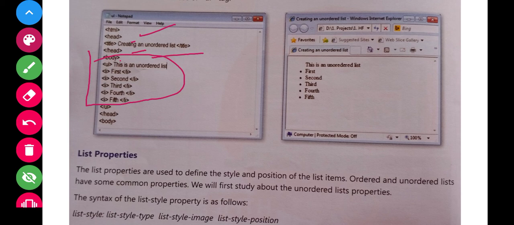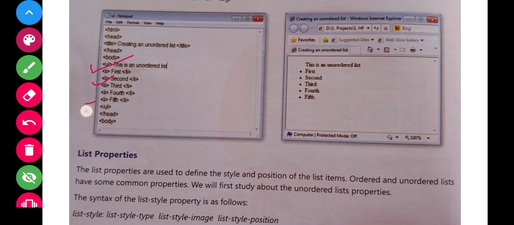So UL tag which we are opening because we are typing our unordered list. This is unordered list. Li tag is used to create a list. Got it? So UL tag is used to create an unordered list, and Li tag is used to create items in our list.